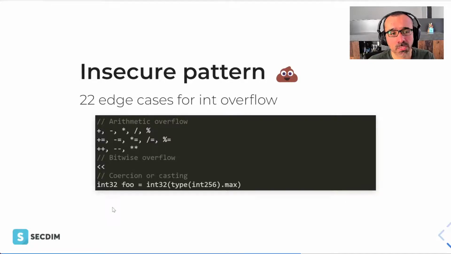And most importantly, when we do casting, for example, when we cast from an int, perhaps 64-bit or 256-bit, back to 32, that is where an overflow also happens. In non-smart contract languages, such as Java or Go, if we cast from a double or a long type back to integer, we also have a similar situation.